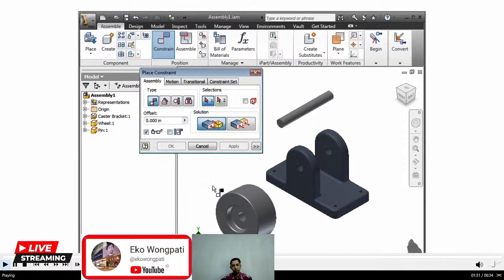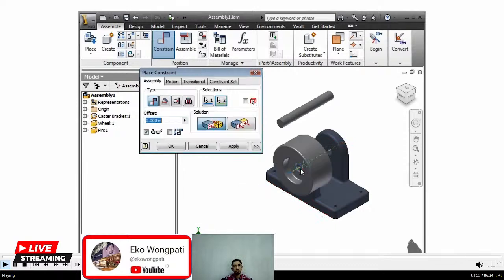To get started, I'll constrain the hole in the wheel to the cylindrical hole in the bracket. When working with circular edges or cylinders, Inventor will allow me to select the cylindrical face, which highlights the axis of rotation, or I can select the circular edge. In this case, I want the 2 axes to line up, so I'll be sure to click on the cylindrical faces. As soon as I make the second selection, the component snaps into place, and I can click Apply to add the constraint. The Place Constraints window remains active, which is nice because it usually takes more than one constraint